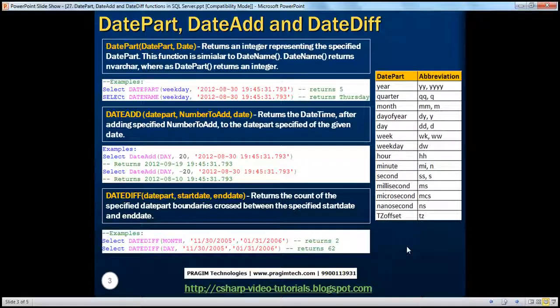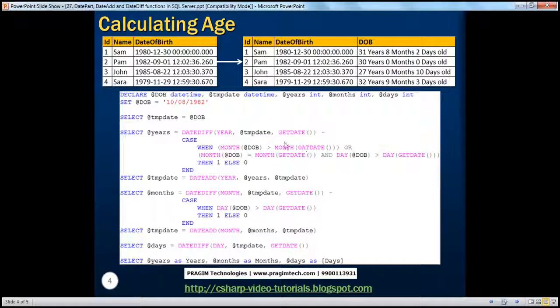Alright, so with that, let's look at a practical example of using these datetime functions. If you look at the table on the right, I have the ID of the person, name, and date of birth. In this table, I am not storing the age of the person. Why? It doesn't make sense to store the age while you can compute the age using the date of birth of the person. In reality, nobody stores the age of the person. It doesn't make sense because it keeps on changing. We only store the date of birth of a person, and whenever we need his age, we can calculate that